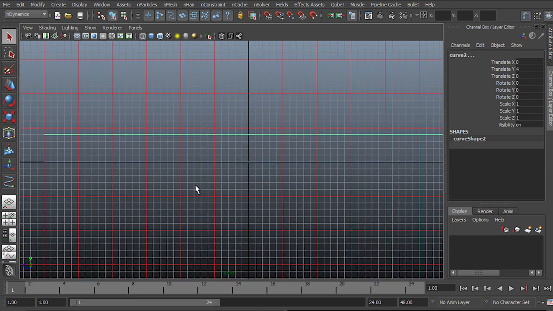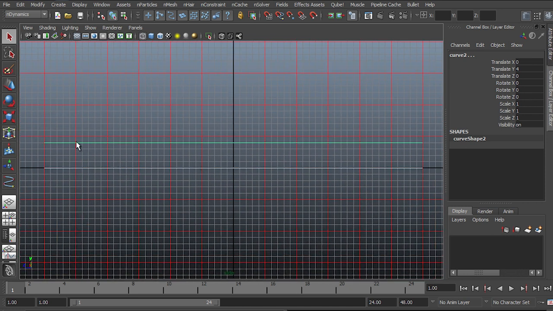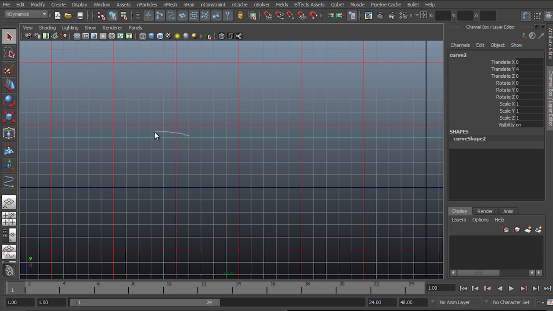Now, what I'm going to need to do here is put in some uprights, bits of rope going across, and I want them uniformly spaced. Now, the thing about nCloth and nHair is we're going to end up pinning all these dynamic curves, all these hair curves together, using their CVs. So what I must do is place my down curves exactly where a CV is on this top curve,